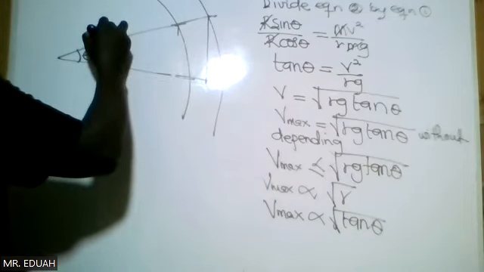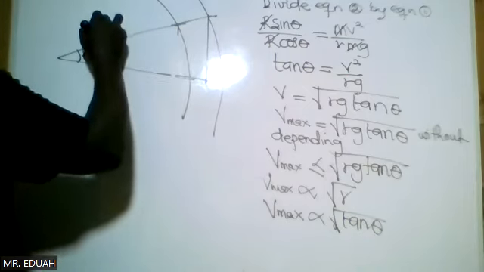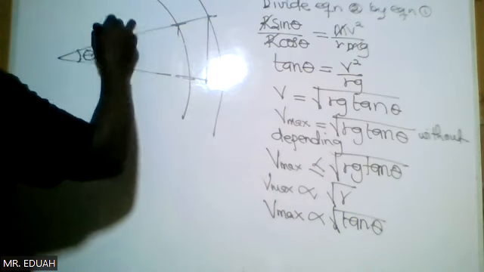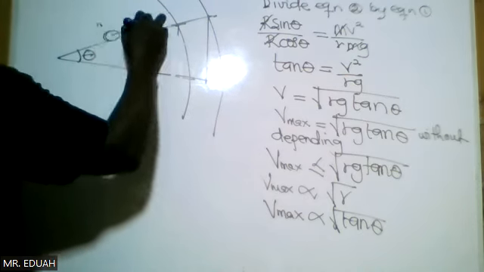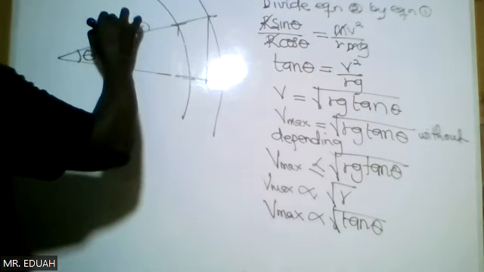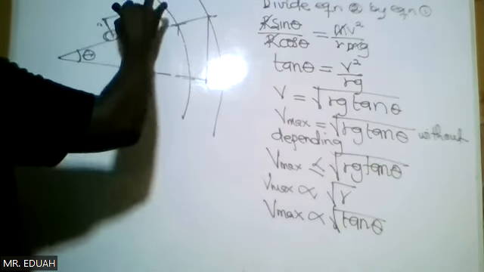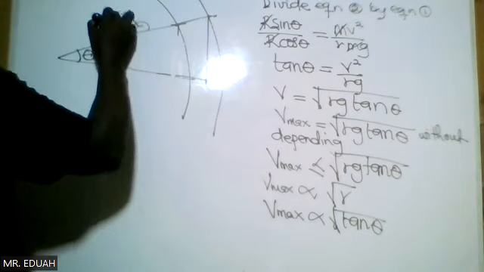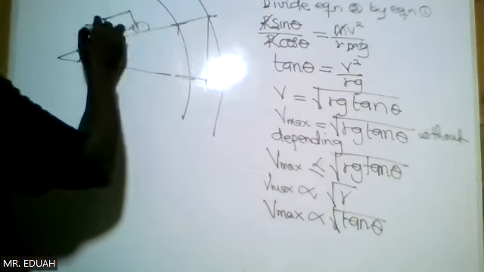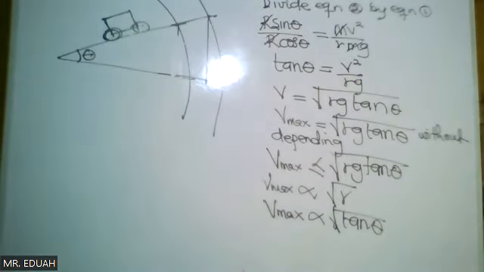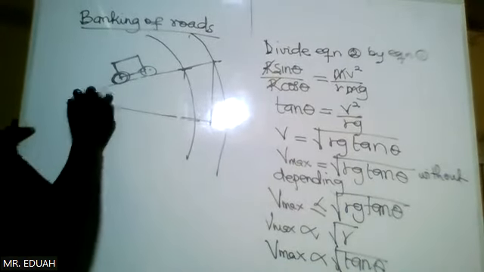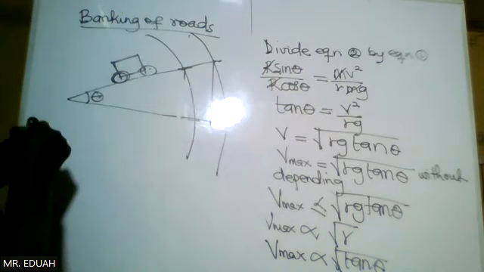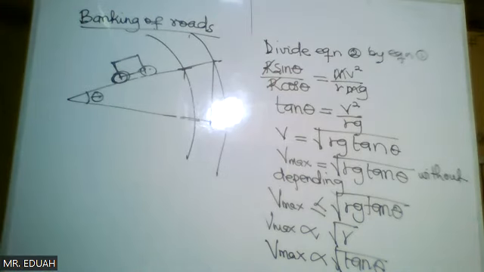And so when cars or motorists are moving on such roads, the car is tilted. The car is already tilted, so the road is inclined toward the center. So banking a road simply means building a road